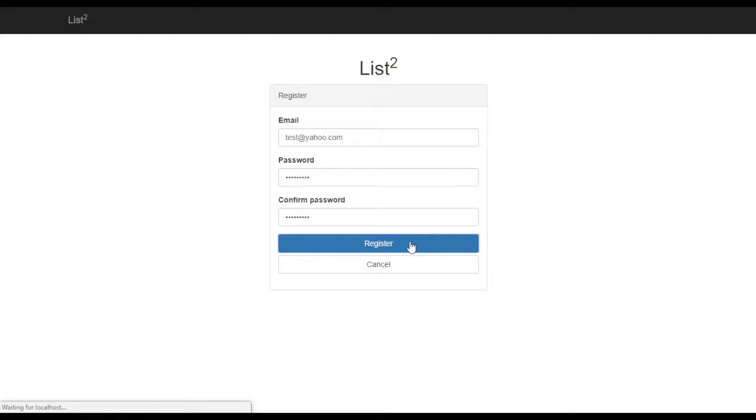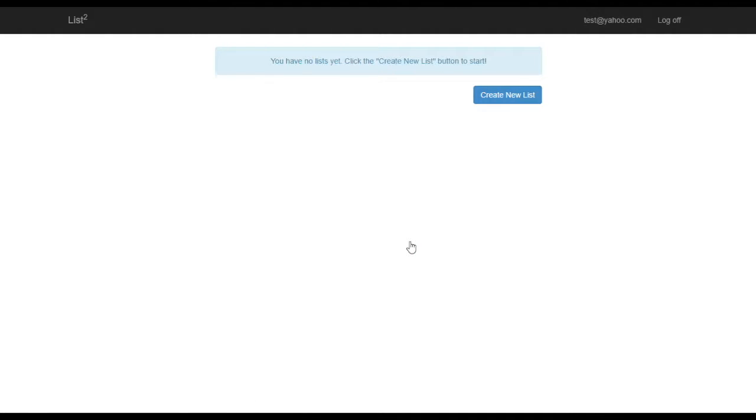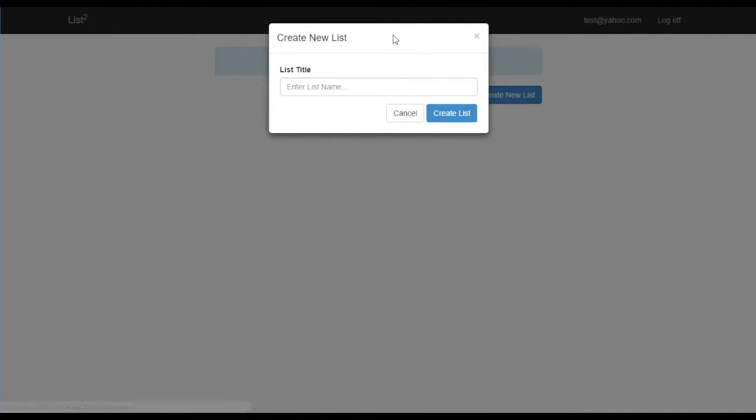Once you register for an account, you're automatically logged in. You can see your account name up here with an option to log off. And ListList is letting us know that we haven't created any list yet, and it's giving us the option to create one. So we're going to click this Create New List button, and this modal drops down,